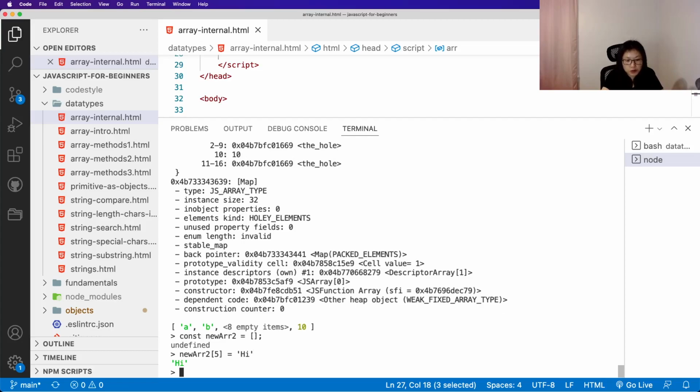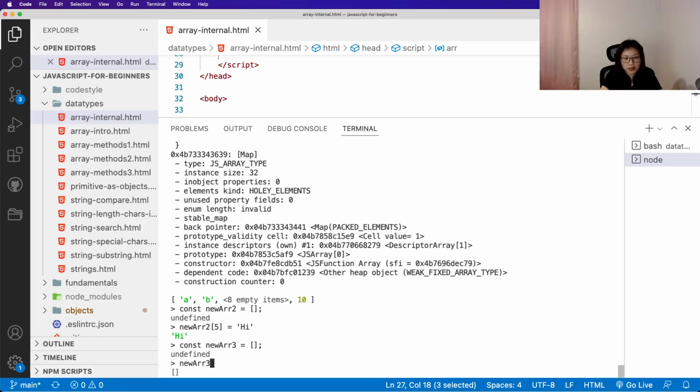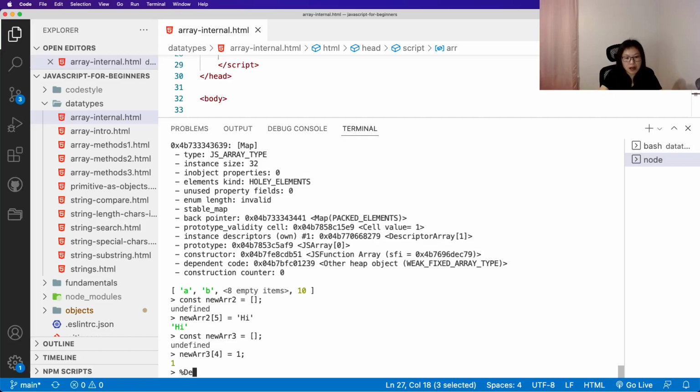And then I use not high, because high is all string. I have to use 3. What I'm doing is const new arr 3, and give 4 is 1. Okay, and then if I use a debug print,